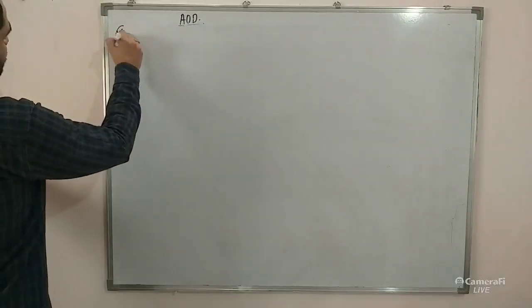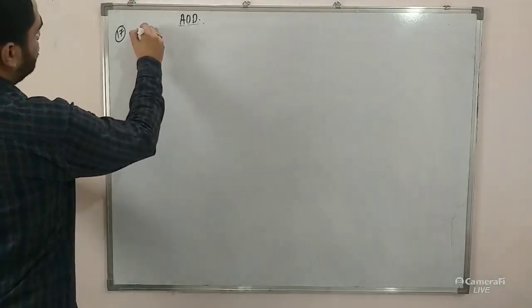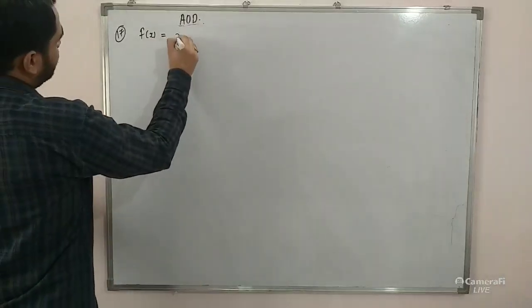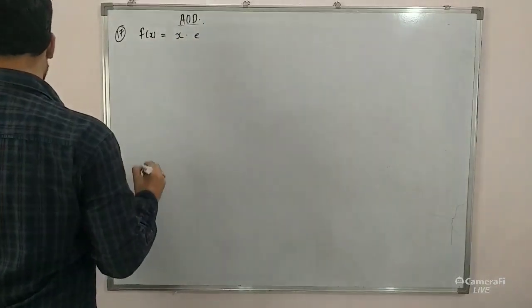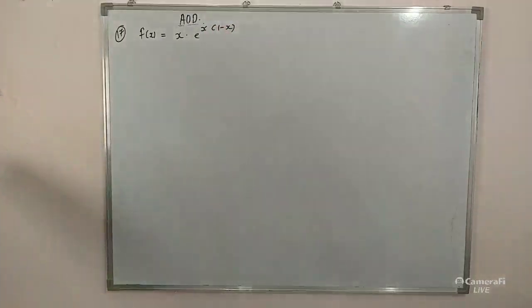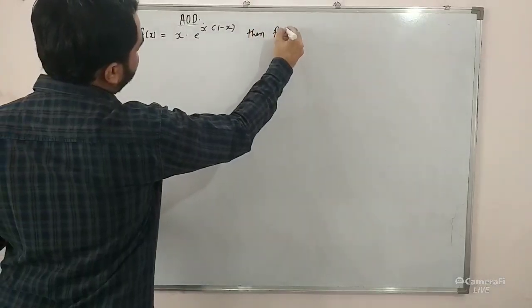Okay, question number 17. In the 17th question, f of x is equal to x into e to the power x into 1 minus x. Then f of x is